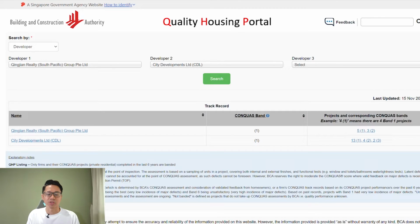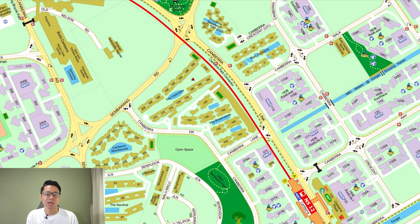And to give you some form of assurance, BCA has come up with a new conquest banding system to rate the developers. And BCA has given both Qingjian and CDL a Band 1 rating, which is the best rating a developer can get. So not to worry, both are good developers. But if you are still not convinced, you can visit the ECs developed by Qingjian, the most recent one that just MOP in Canberra, Visionaire. Then you can go right beside to Brownstone, which is developed by CDL,